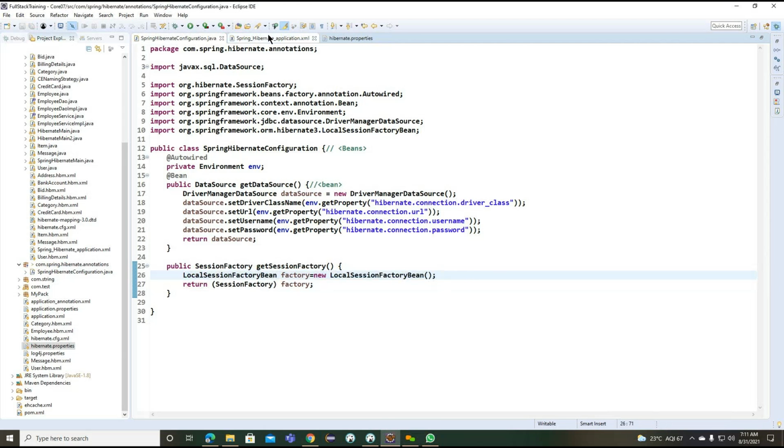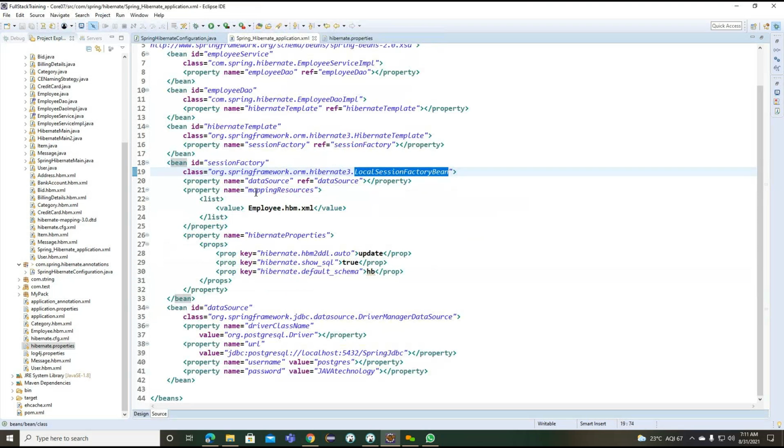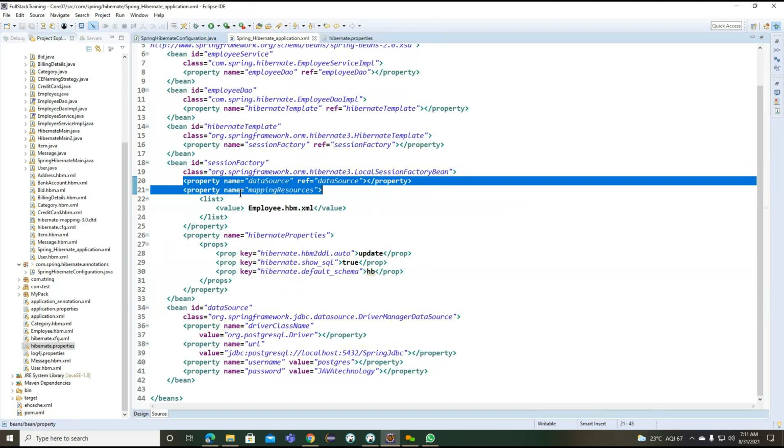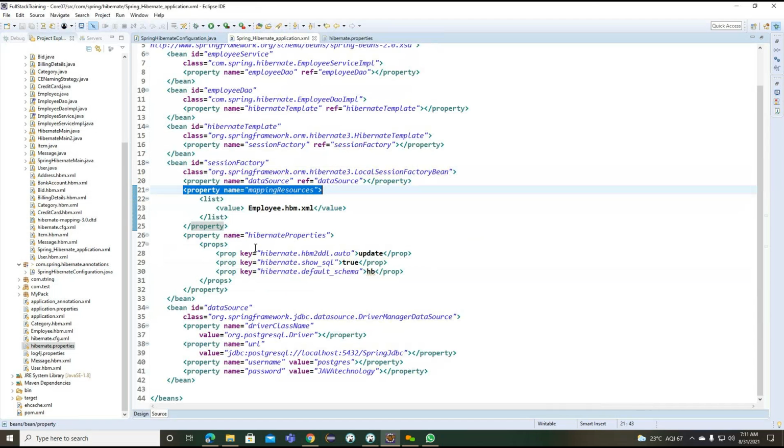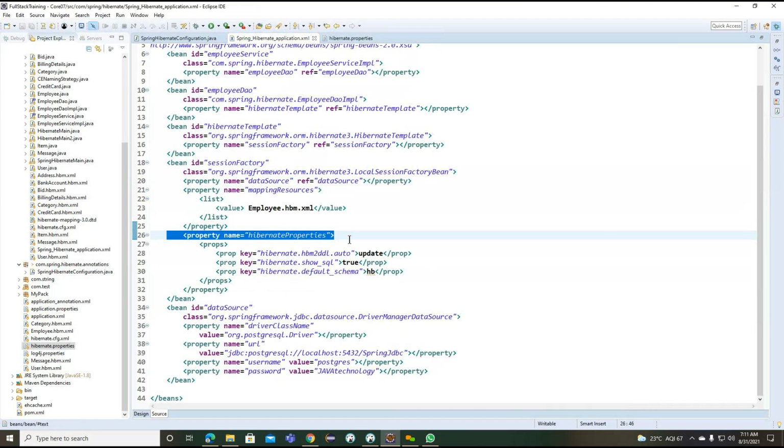Now what do we need to write here? Because internally it expects first the property data source, second the mapping resource, and third the Hibernate properties. Getting the point? So first we will create the data source here.